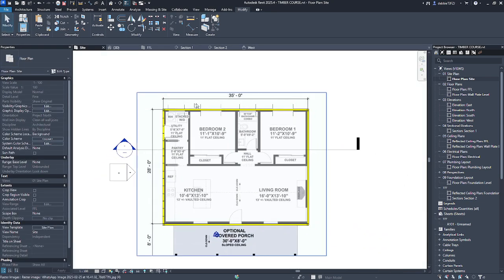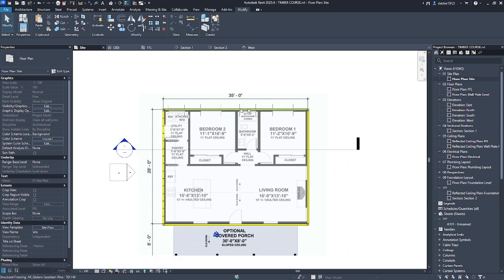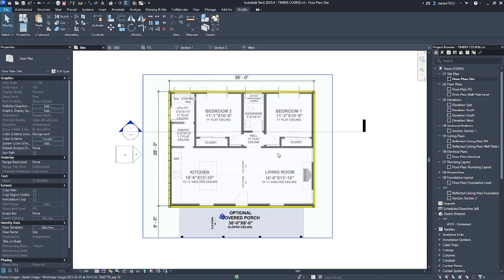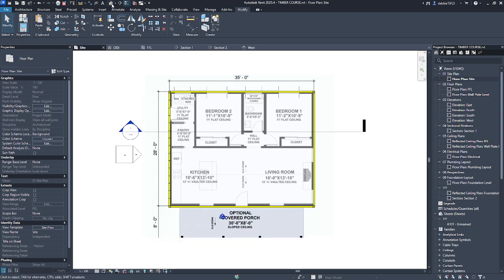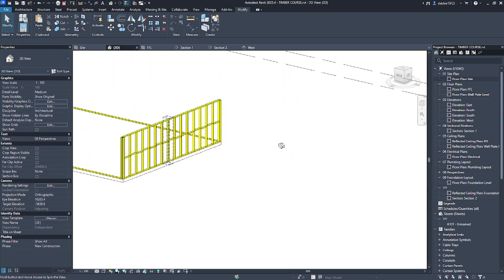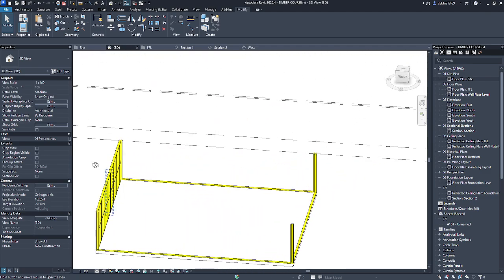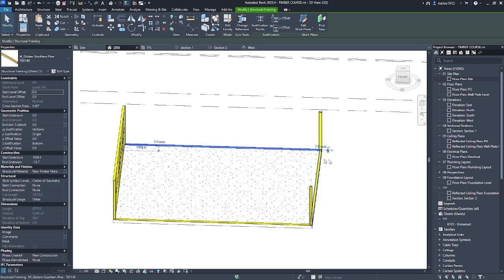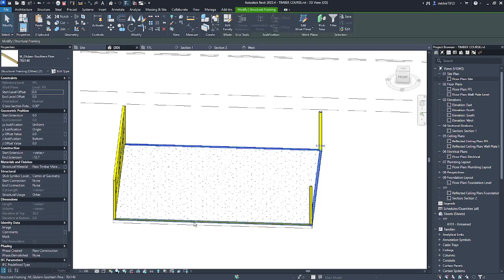So now we have our windows on that wall. Let's go to 3D. Okay, let's select these ones as well.